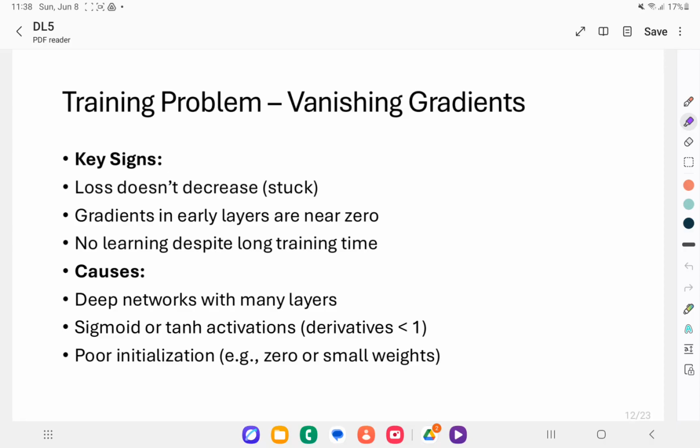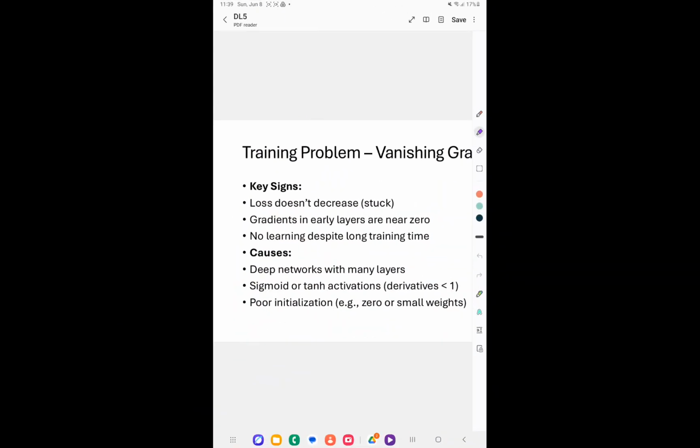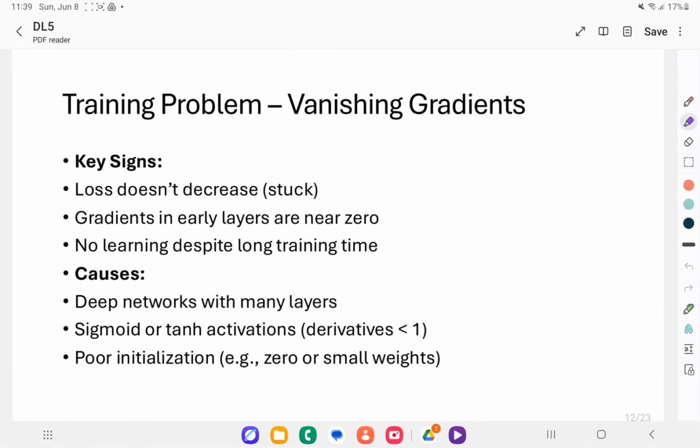Another common problem when training deep neural networks is the vanishing gradient problem. This happens when the gradients passed back through the network during training get smaller and smaller until they're effectively zero. This is especially common in deep networks with sigmoid or tanh activations. These functions squash inputs into narrow ranges, as we've described in one of the lectures. Here the derivative is very small, and when backpropagation multiplies these small derivatives across many layers, the signal effectively